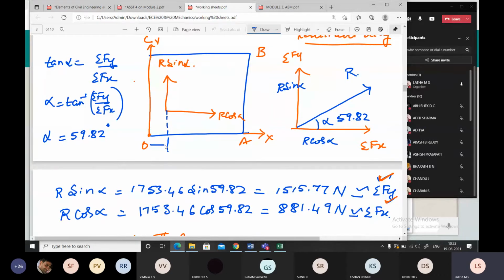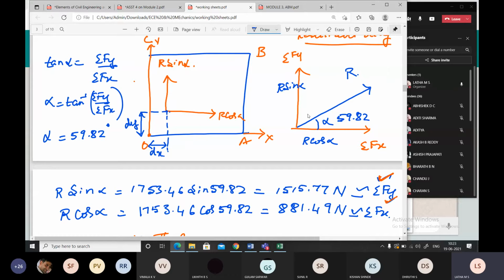So I'm supposed to calculate this dx distance along the x axis. Now which line will cut the y axis, R sin alpha or R cos alpha? R cos alpha. So this distance will be dy. Did you get what they have asked? They are asking dx and dy, at what point this resultant will cut.